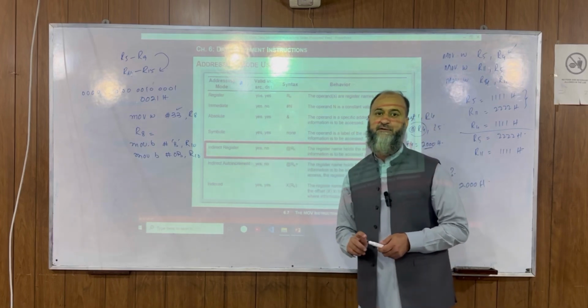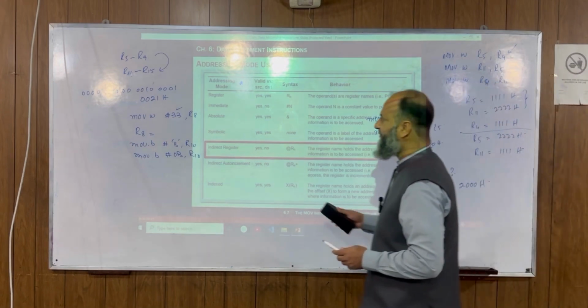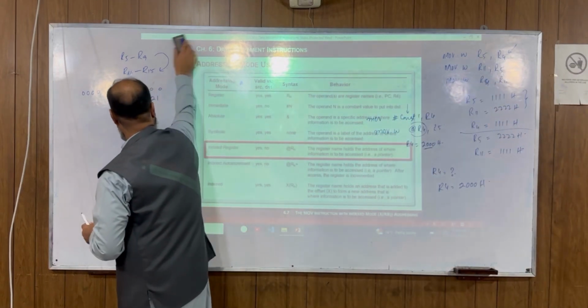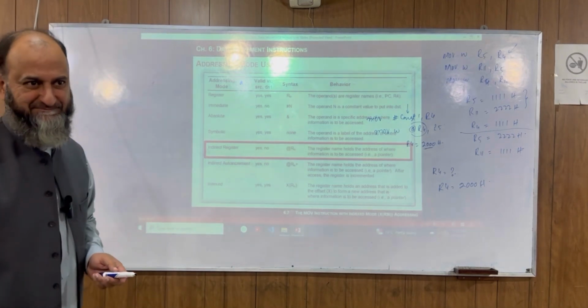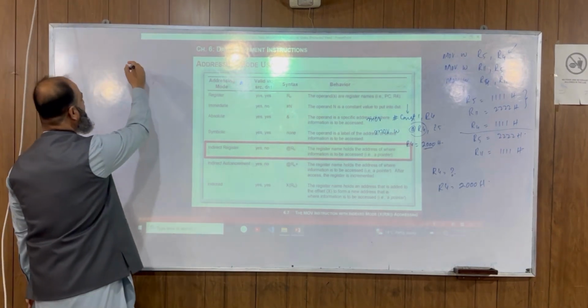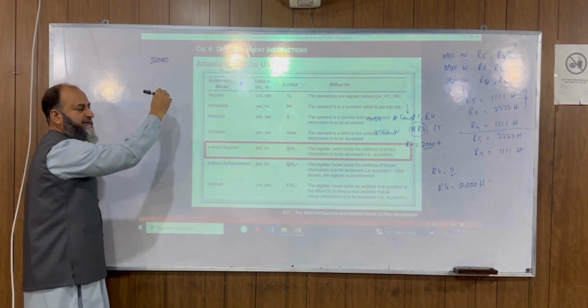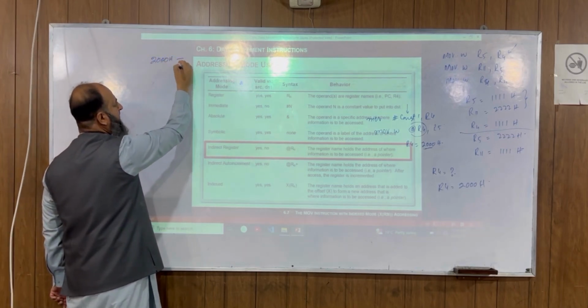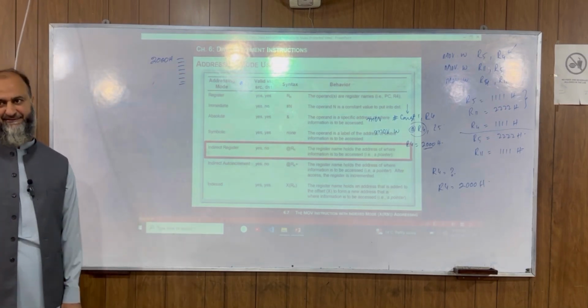Okay, let's suppose we want to copy 16 bytes of data. Some difficulties will keep coming, okay? Not all will be easy programs. For instance, we have data that is written here at 200 hex location. 16 bytes of data is written over here, right?